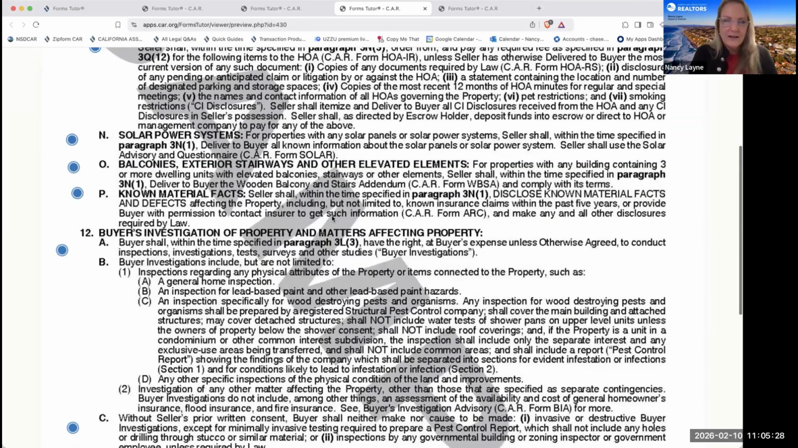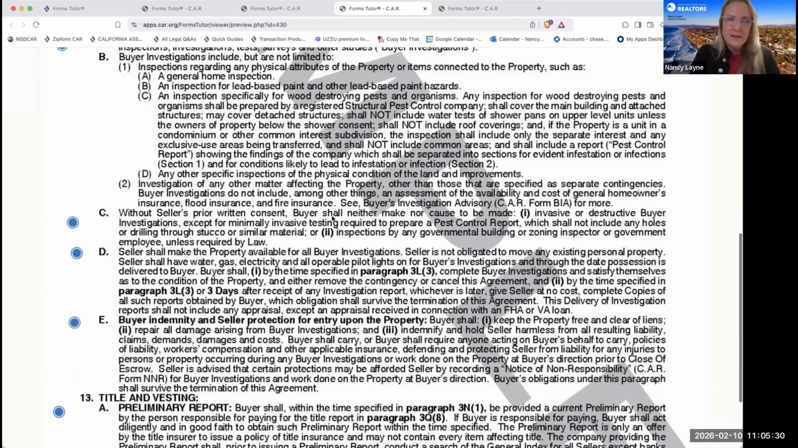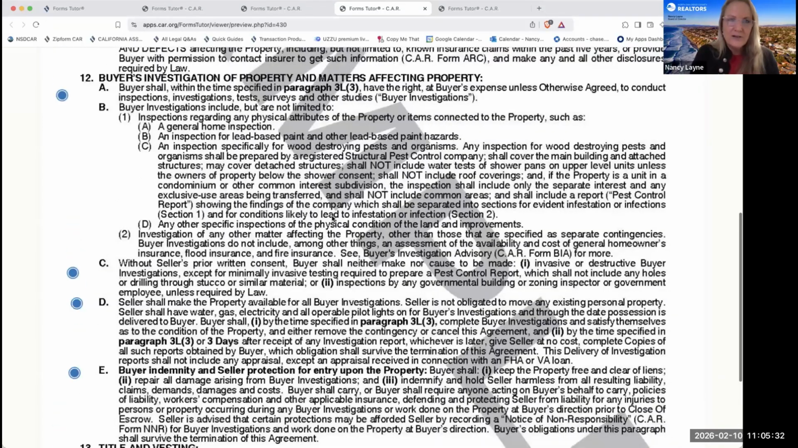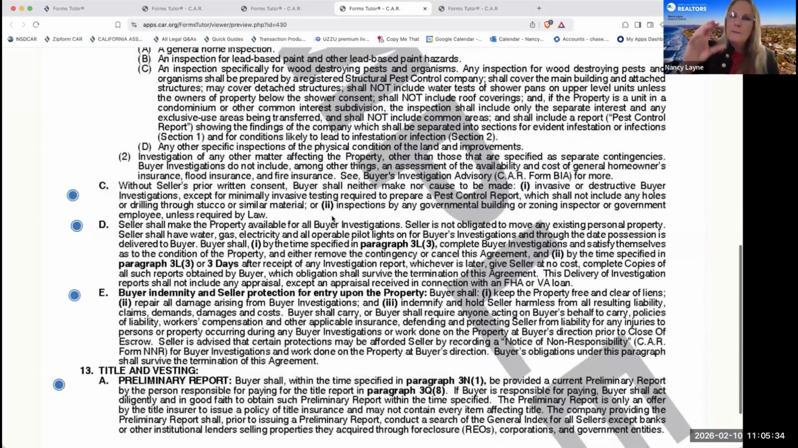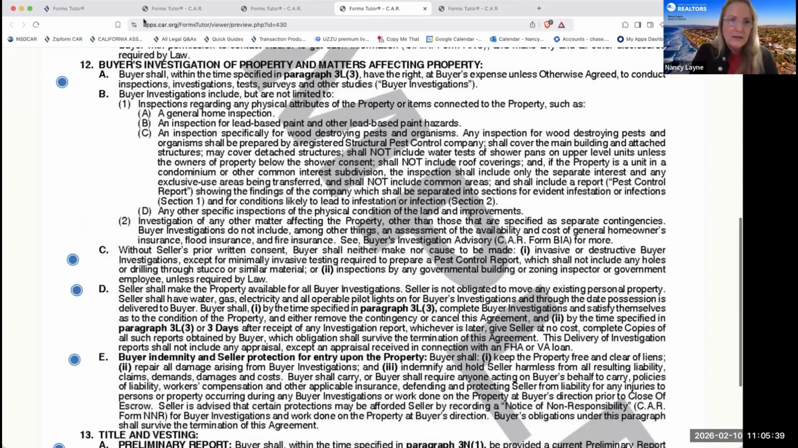Known material facts, they're required to disclose them. I think that's pretty standard. Buyer's investigation, again, really understand this. I would strongly recommend that each buyer's agent go through this with their buyer